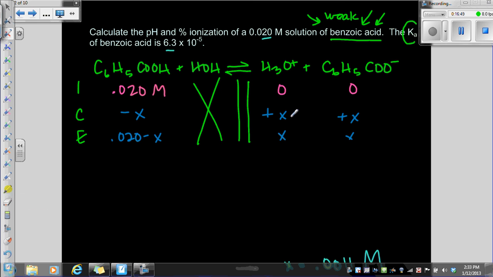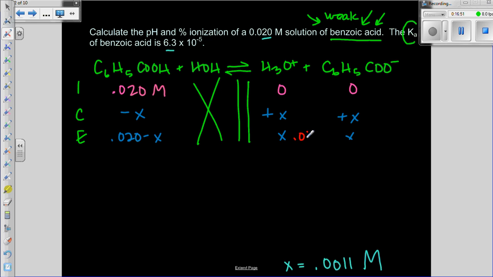This is 0.0011. Okay, so now to calculate percent dissociation,